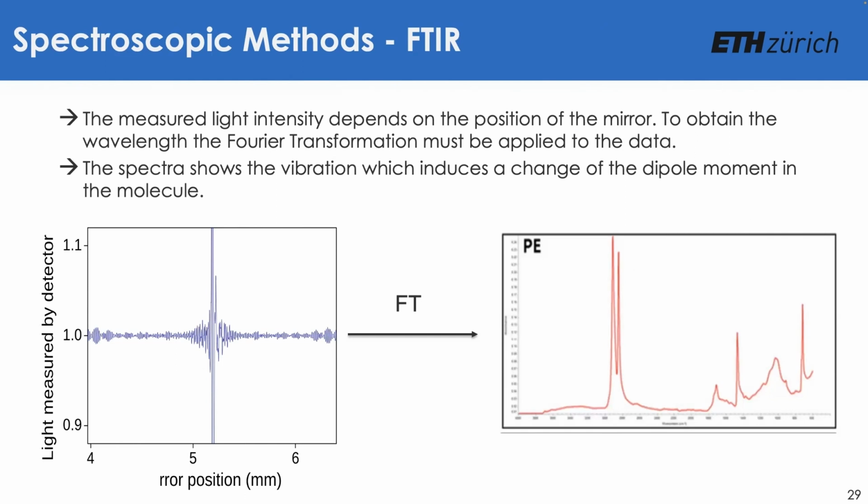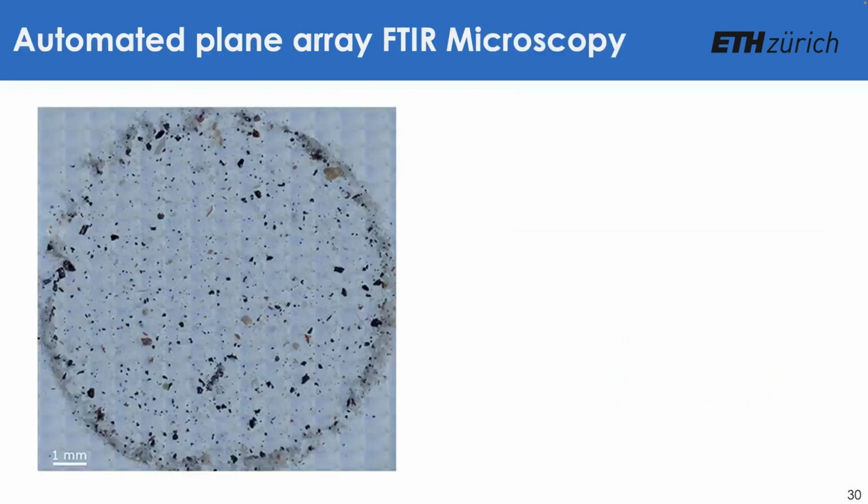And then when you use this Fourier transformation, you're able to get something that is basically like a fingerprint of a specific polymer. Here you have, for example, polyethylene, but other types of polymers would have a different fingerprint to be able to say that this is really the material that you're looking at. So when you couple this type of technique with a microscope, this is something that you may typically be able